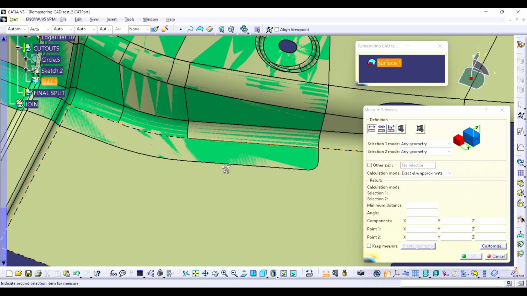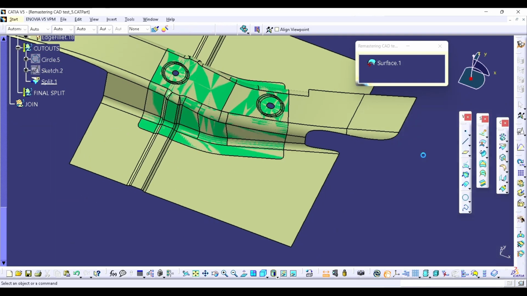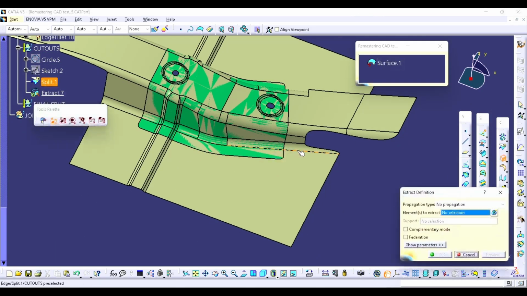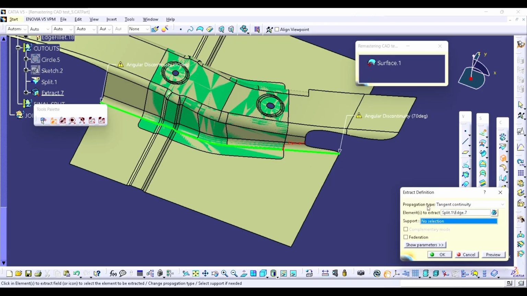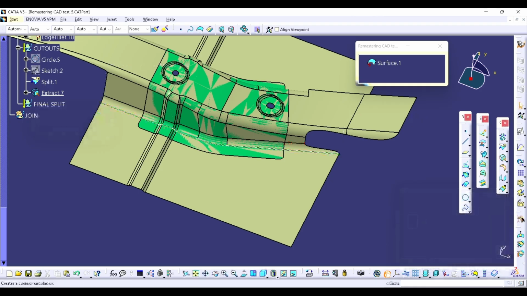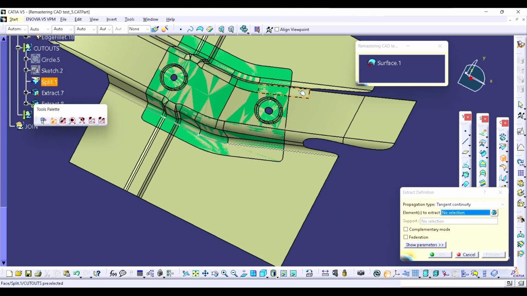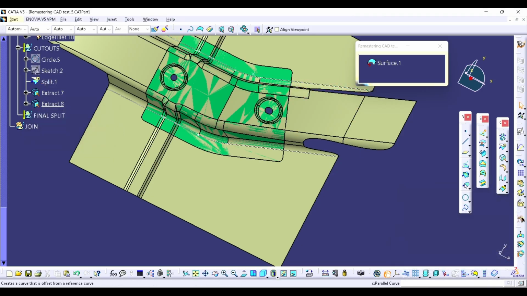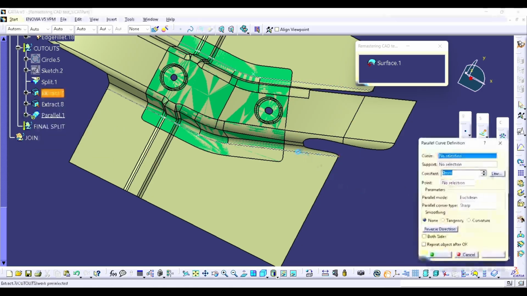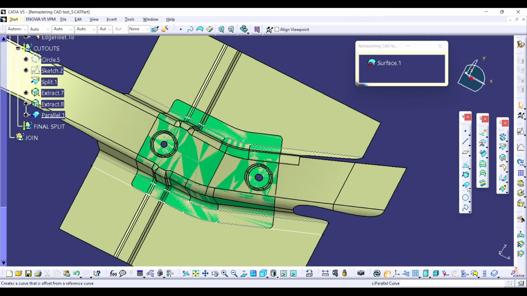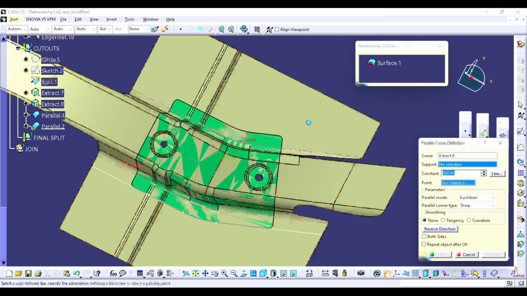From here to here is 30. Go to the extract, select the edge, go to the tangent continuity, select, change its propagation type. Okay, go to the here again, select the edge, tangent continuity. Okay, go to the parallel curve, select the parallel curve, select the edge, put it down the distance 30. Here is also same, put it down the distance is 30, reverse direction. Okay,